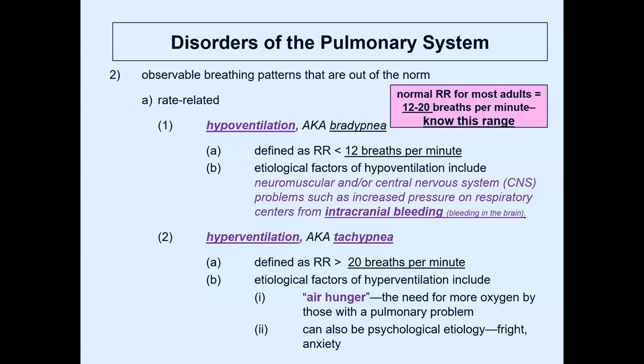And with that deviation in your patient that's having problems, there may be a slower than normal respiratory rate. And the fancy term for that is hypoventilation or bradypnea. So anytime there is respiratory rate that is less than 12 per minute, then this is going to be defined as hypoventilation. Now there can be several reasons why your patient would have a slow respiratory rate, but one of them relates to the central